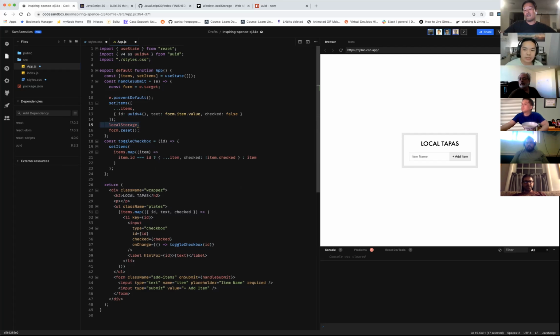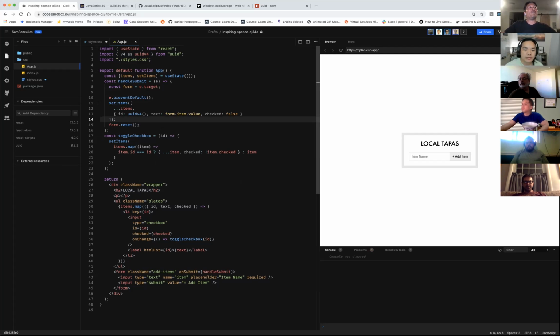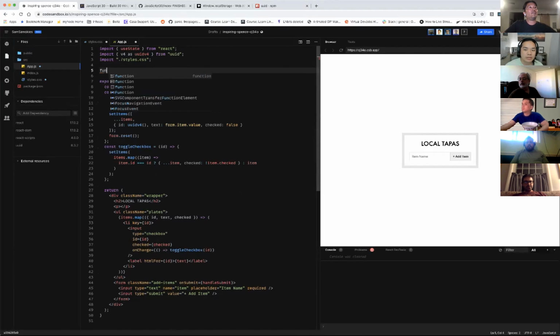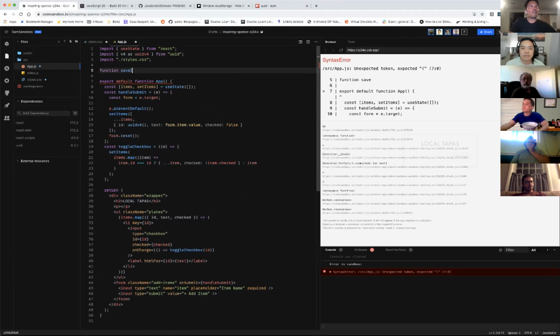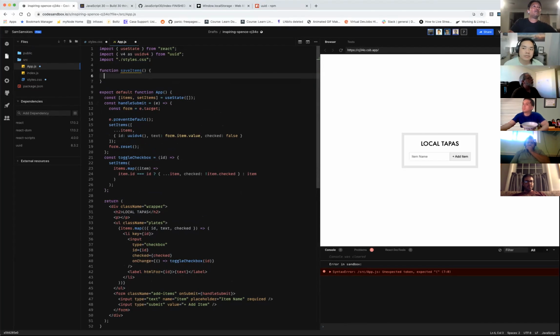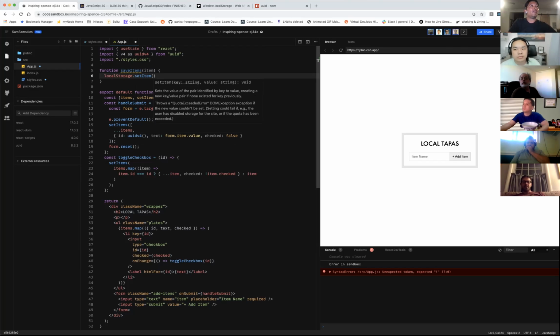Actually, we can be a little good. Let's make a function outside called save, let's call it save items, so that it's not super janky. Inside save, we'll just get the item, set item, and then